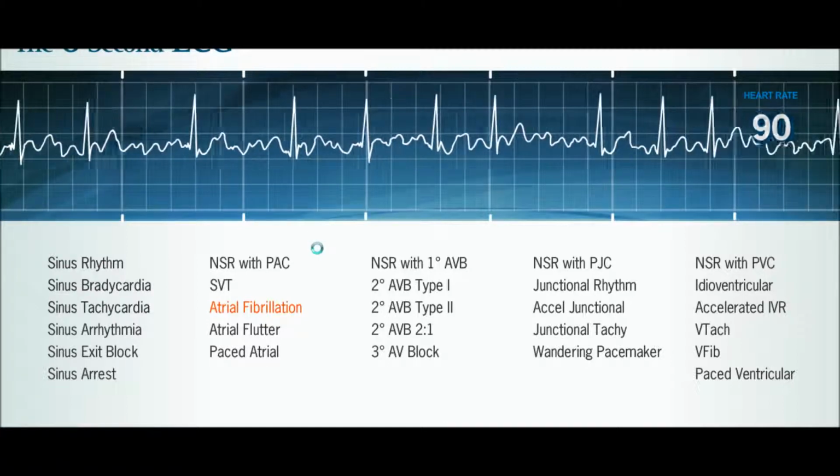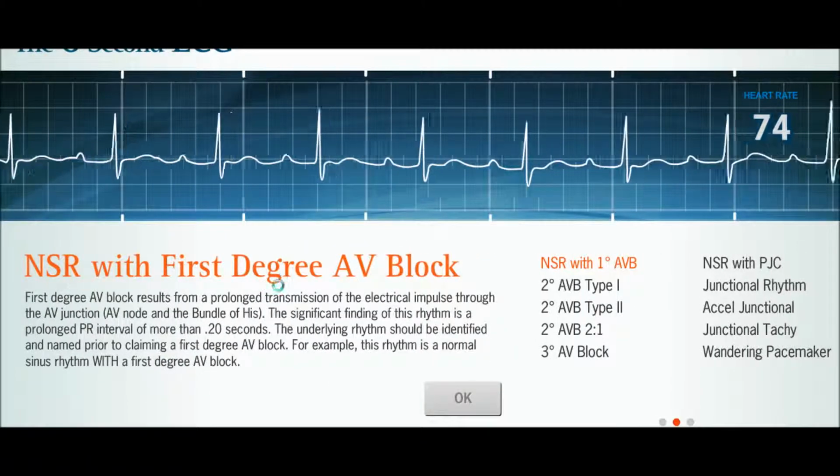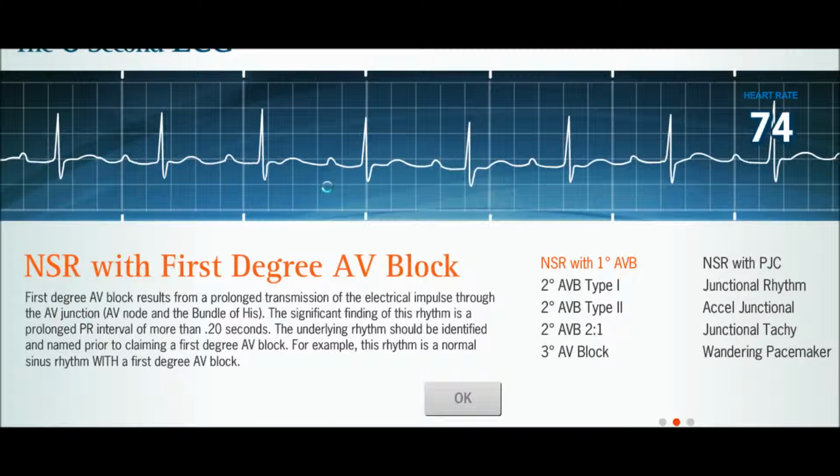So now let's look at this type of rhythm. We did what we did last time. We're going to look, okay, is the P wave in front of a QRS at all times? Yes, that's correct. Are the QRS complexes evenly spaced? Well, let's see, 300, 150, 75. 300, 150, 75. So yeah, they look pretty evenly spaced at around 75 beats per minute,